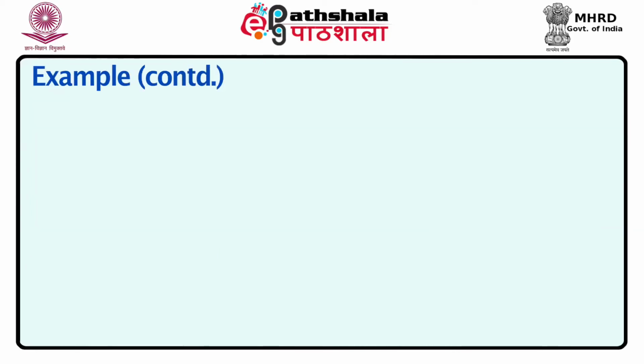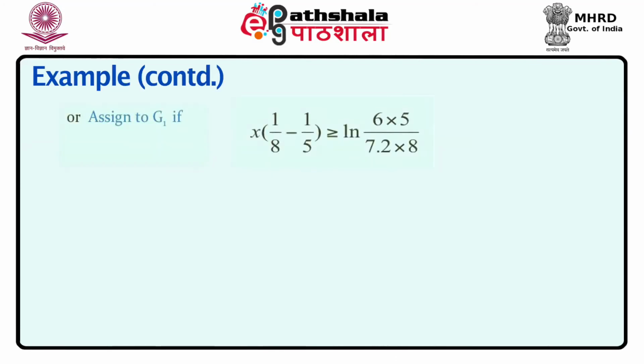If you simplify this, then we assign to G1 if x into 1/8 minus 1/5 is greater than log of 6 into 5 by 7.2 into 8. So what we did here was take logs, rather than expectation, in this case. So the left hand side actually came out to be x into 1 by 8 minus 1 by 5, and the right hand side is log of this number 6 into 5 by 7.2 into 8, and this on simplification